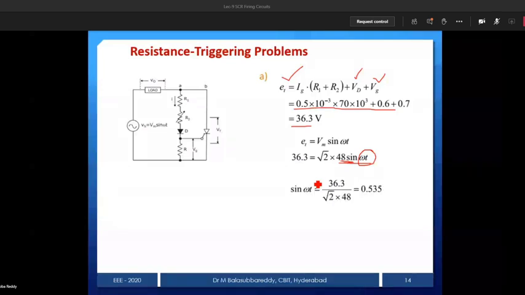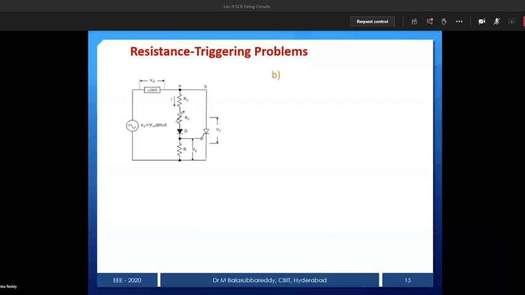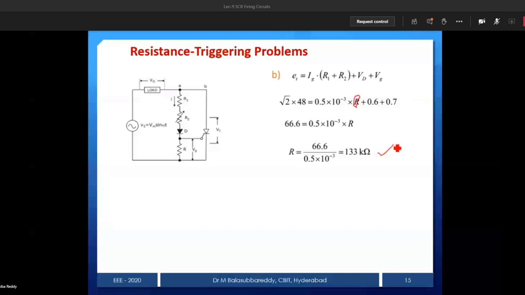So 32.3 degrees. If I place R equal to 70 kilo ohm, the device is going to be triggered at 32.3 degrees. But the next question is just the reverse. Now I know alpha. Alpha is 90 degrees. What is the value of resistor I have to place to trigger at 90 degrees? That is the same formula, the procedure is the same, but R is the unknown parameter here. Earlier R was known, and I substituted. Simply you can find the R value. Now you can see that if R is 133 kilo ohm, alpha will be 90 degrees. That is the reason.